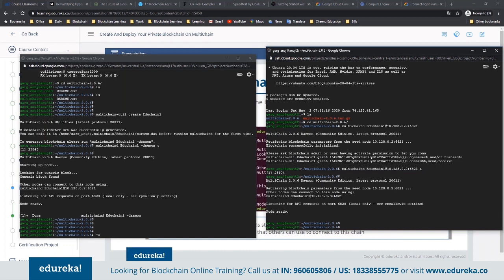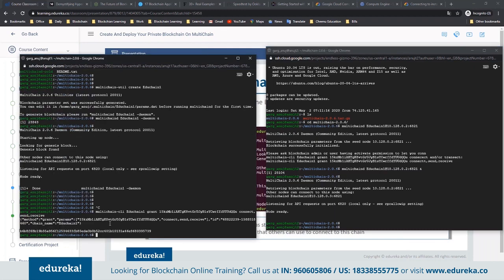So for example, if I have 10 nodes, each node will receive a connection string and I will need to run that connection string here. So it's a truly permissioned network where each node identifies and knows each other. It's like exchanging public keys. This is in a way telling that, okay, this is my public key and you grant the connect permission to this public key. So when I run this grant command, along with connect, I have also given the permission of send and receive.